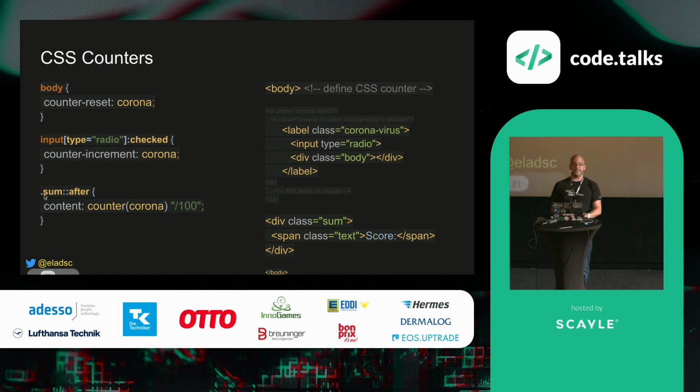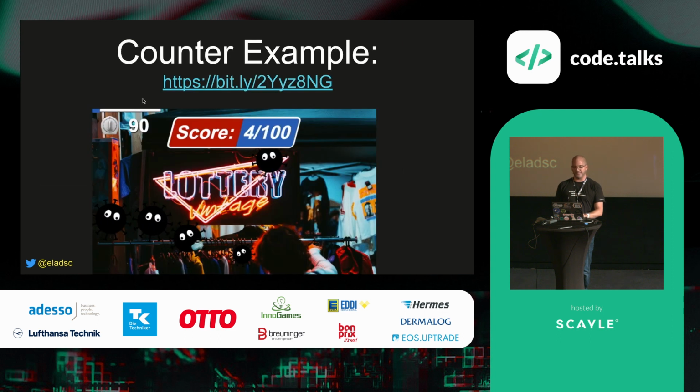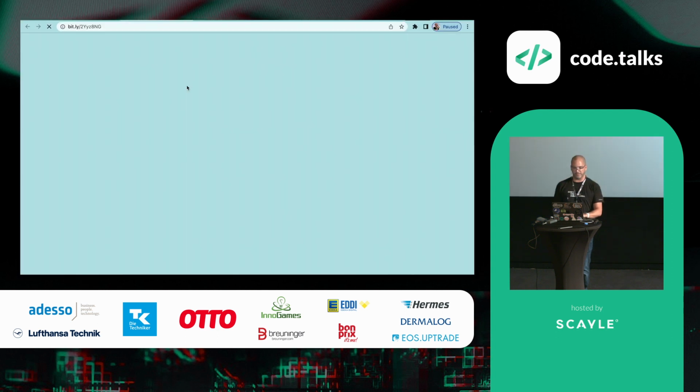To do so, I'm just selecting the class of sum, using the after pseudo element that will come here immediately after, using here the property of content, and the property of content can get the native CSS counter function that inside I'm just printing the Corona value that we incremented here and created here, and in this way it's always listening and printing all those dead viruses that have radio button that is being checked. Because it's a really complicated example, let's see an example in CodePen for that.